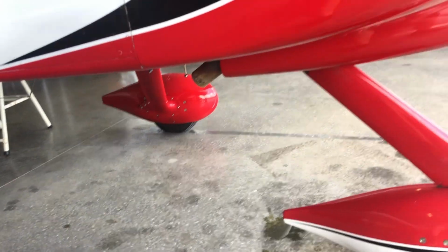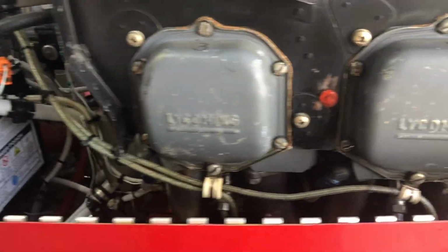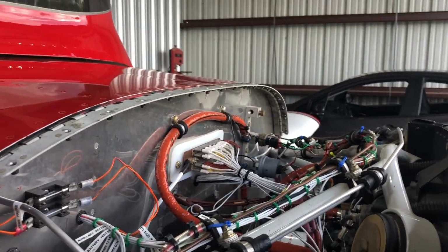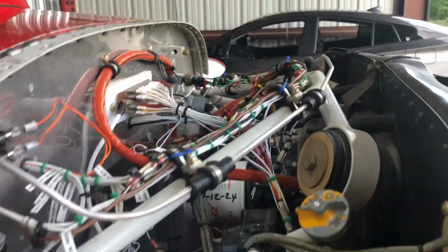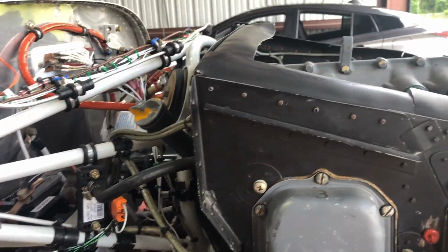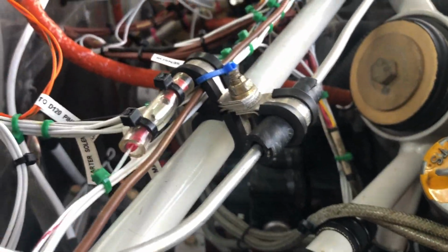So something's not right. I've got the top cowling off. Checking the oil, I only dropped about 1/8 of an inch on the stick, so it's definitely leaking out. Inside the top cowling, no sign of anything. Looking around here in the bottom cowling, I don't see much yet, but I get up around here and I can see there's a lot of